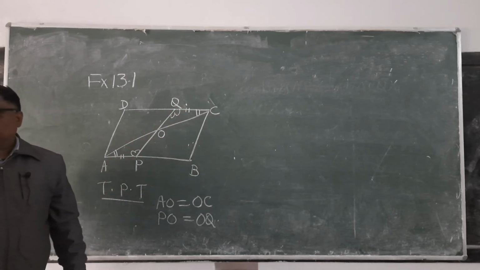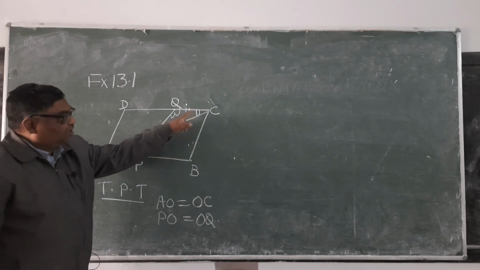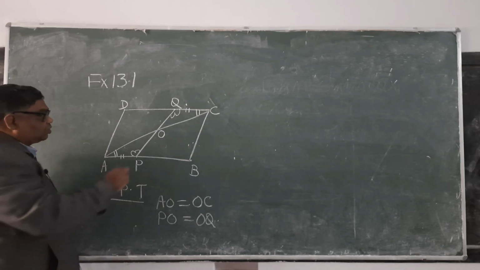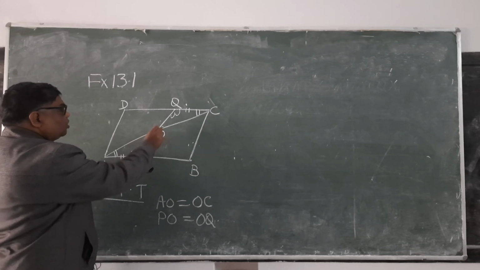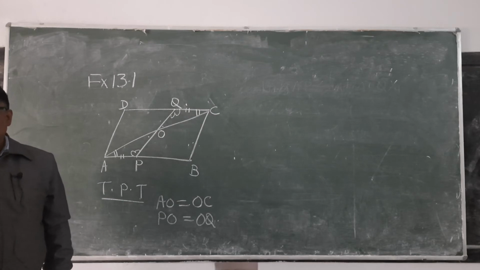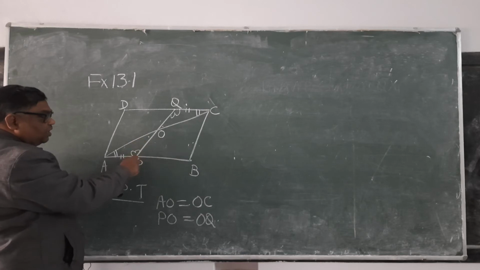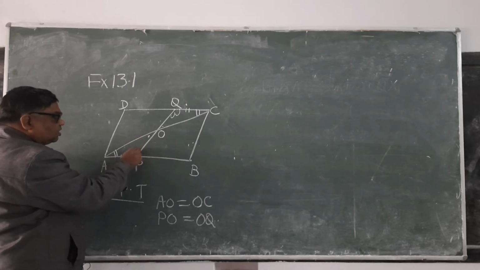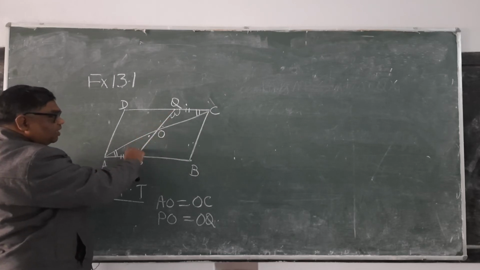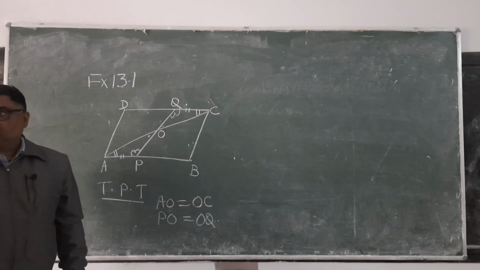So, by which congruency? Angle, side, angle. Congruency, they are congruent. And when they are congruent, this angle will become equal to this. Here it is a vertically opposite angle. Now you can see here. इस triangle में side OP is touching to this and this angle. What are the angles here? ये वाला तो यहाँ पर आ गया, ये क्या है यहाँ, so it will be equal to OQ. OP will be equal to OQ.